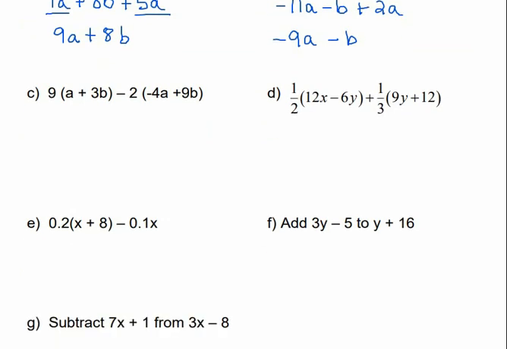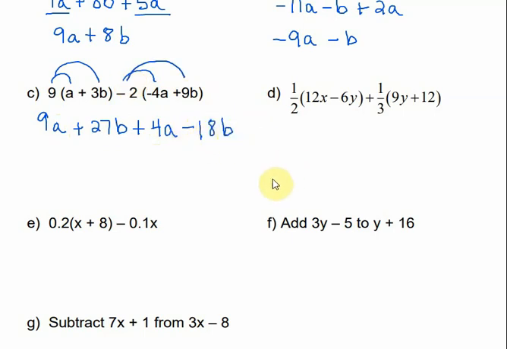Okay, in example C, I have 2 sets of parentheses, and each set of parentheses has something in front of it. So for the first set of parentheses, what am I going to distribute? I'm going to distribute the 9. Okay, so 9 times a, that's 9a. Oof, that's a little crooked. Let me redo that. Okay, 9a plus 27b. Okay, then to the next group, negative times negative, that's positive 4a. Negative times positive, that's negative